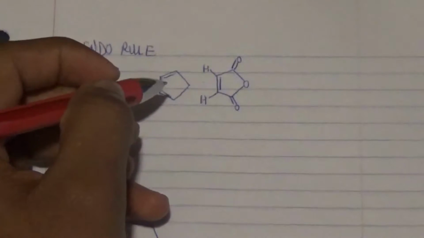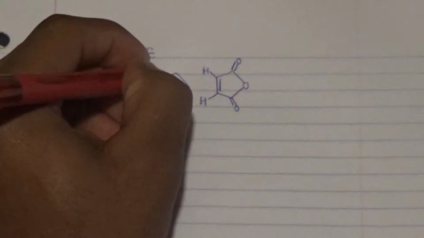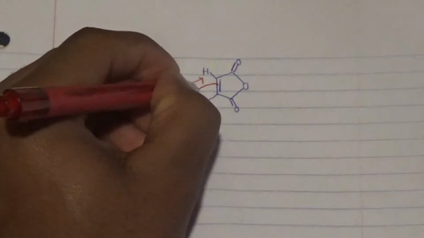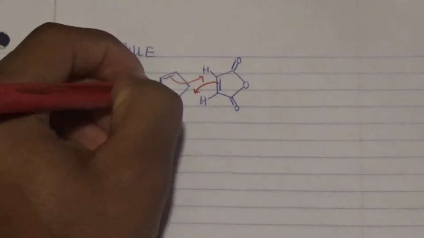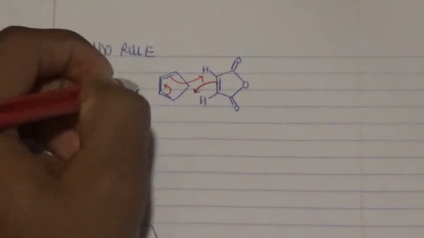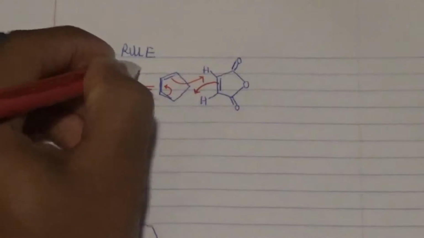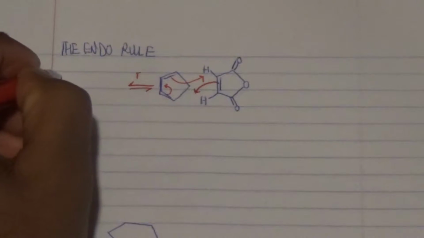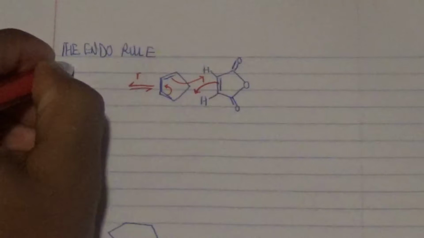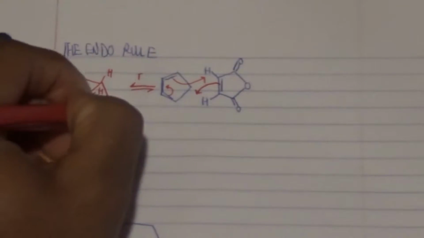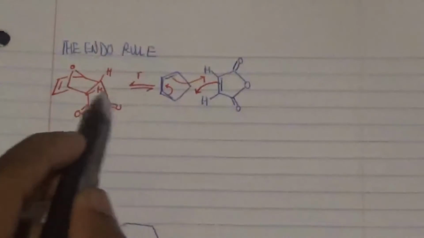Now we're going to see how we form this compound in such a way that these electrons form a bond over here, and this double bond leaves to form a single bond over here, and this reforms a double bond over here, to form either our particular product, which by the way is a reversible process here, to form our endo product, which is this compound over here. Either we form this or we form the other product over here, which is an exo product